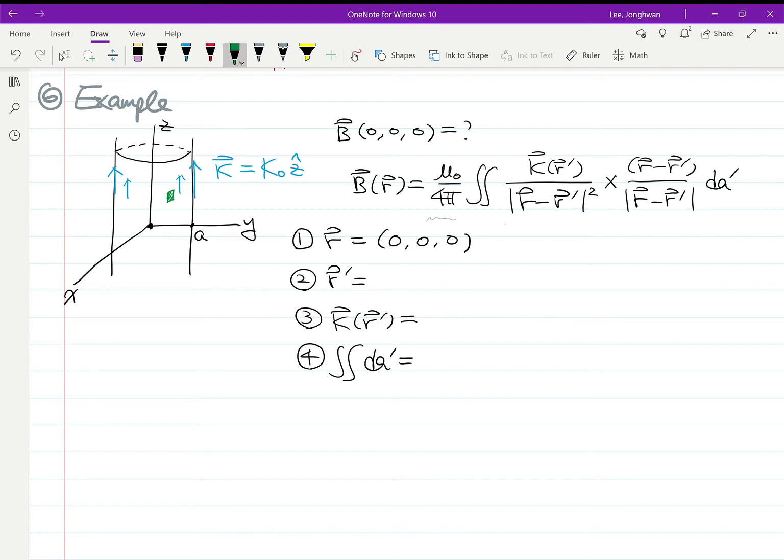But here we have a cylindrical symmetry, so let me express it using the cylindrical coordinate variables, s prime, phi prime, and height z prime. But this r prime is constrained on the given cylindrical surface, so it means that s prime is always a as a constant, and this point can be written down